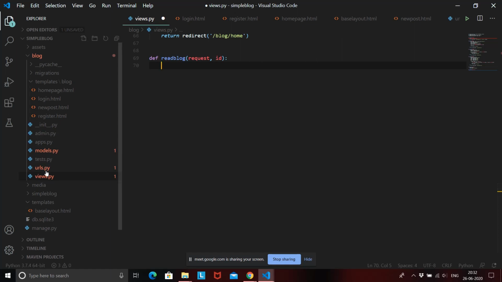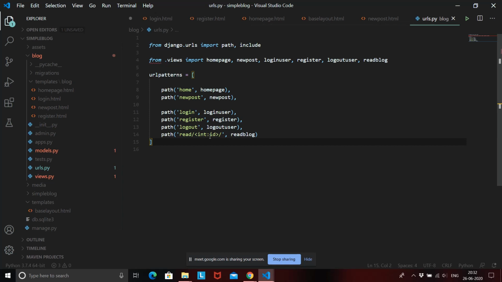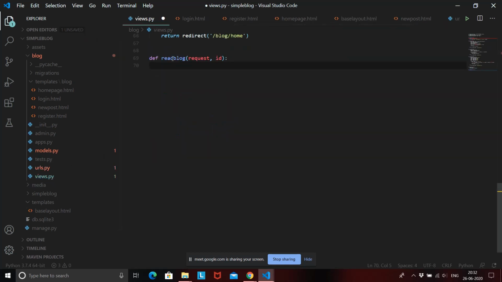So if we go back to our URL, here we are providing this ID. So this ID is considered as a parameter into your function in the views file. Okay, and we can use this ID to get the blog that we want to read. So how we can get the blog is that we can say blog equal to the model name, that is Blogs dot objects dot get, ID equal to ID.